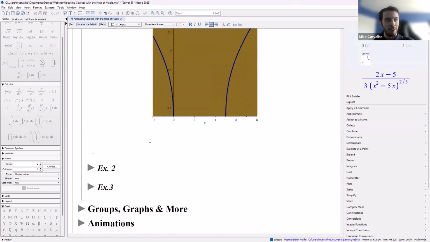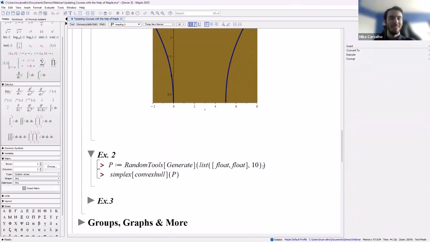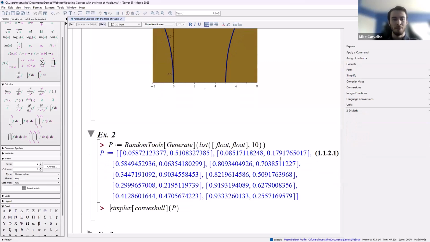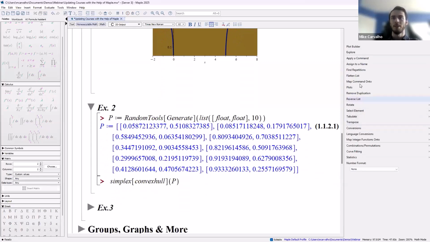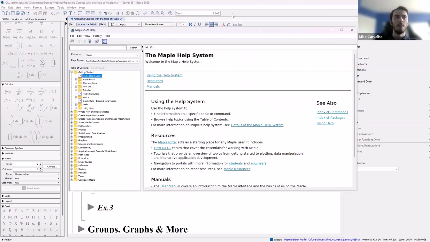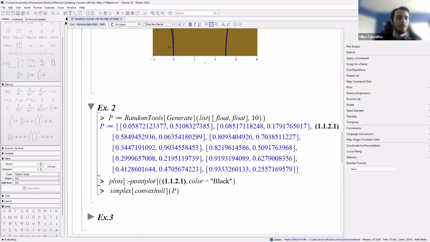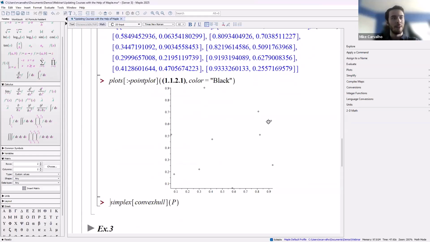Now, functions are great and all, but math is much more than functions. So here's some more examples of some plots. Now this here, I'm just going to create a random data set of some points. And I'll plot this just so we can see what it looks like. Plot builder, try to get me the 2D plots. Oh, the plot builder's vanished on me here. There we go. 2D plot. Okay, we got some random data.